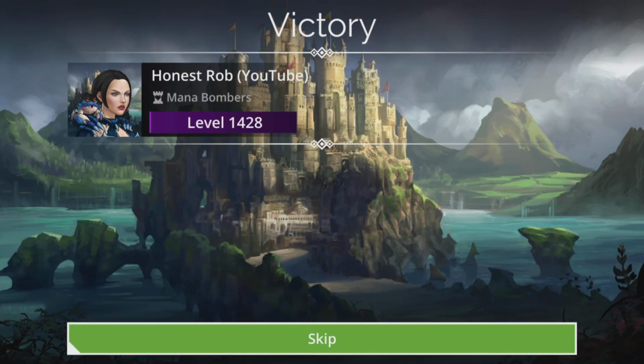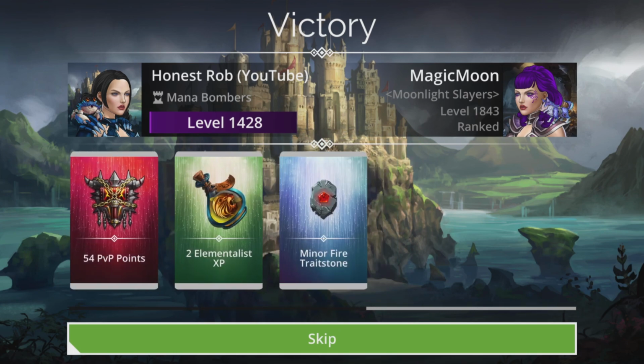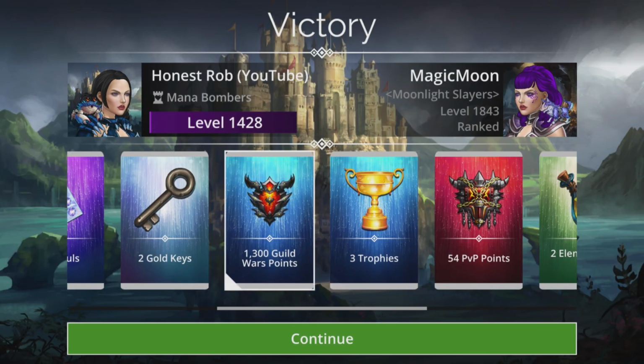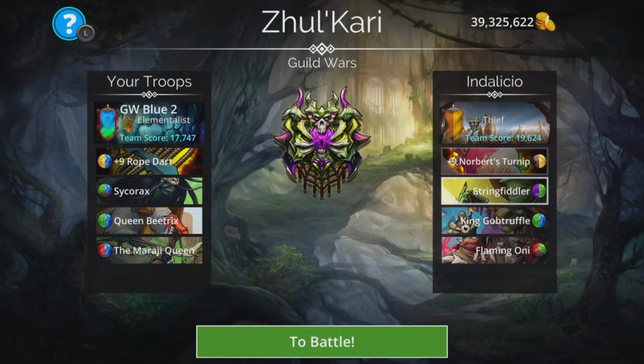That was a tricky little team. What was that? 1,300. Bang on, that looked like. There it is. 1,300. Next up is the Herald opponent. And we've got a classic